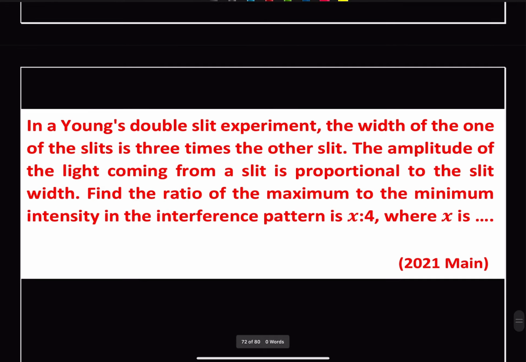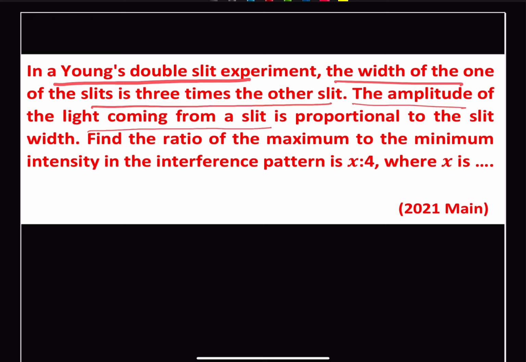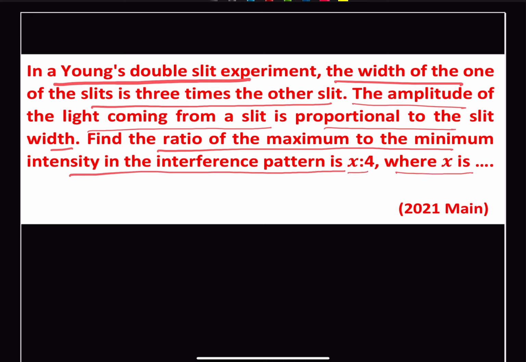Next question. In a double slit experiment, the width of one of the slits is 3 times the other. The amplitude of the light coming from a slit is proportional to the slit width. The ratio of maximum to minimum intensity in the interference pattern is x is to 4. Find the value of x. So we are given two slits, the width of one slit is 3 times the other,